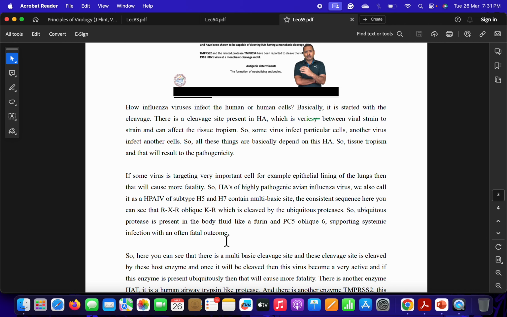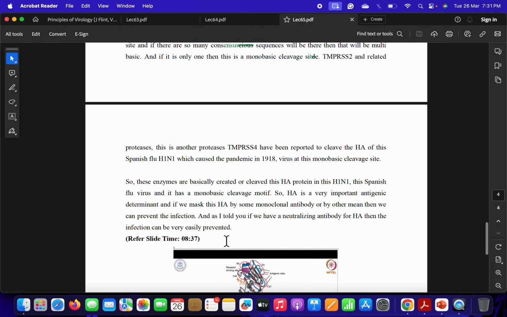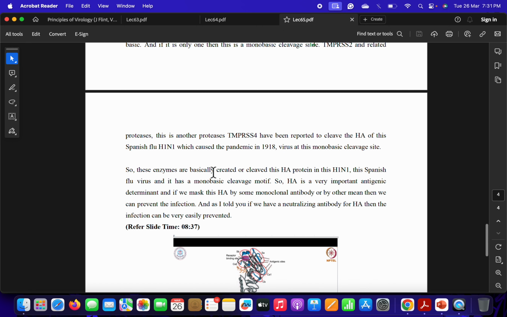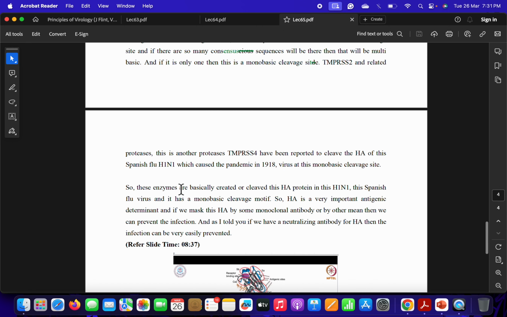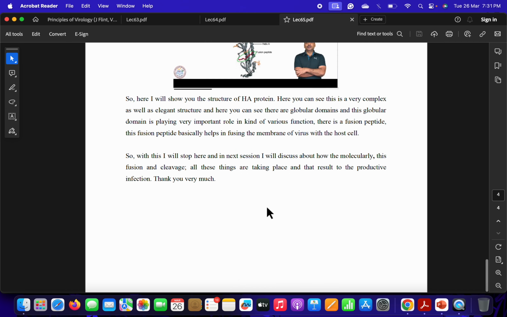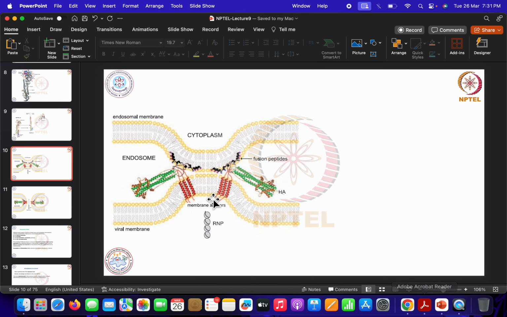So basically, these enzymes cleave this HA protein in H1N1, the Spanish flu virus, which has a monobasic cleavage motif. The HA is a very important antigenic determinant, and if we mask this HA by some monoclonal antibody or by other means, then we can prevent the infection. So we will now